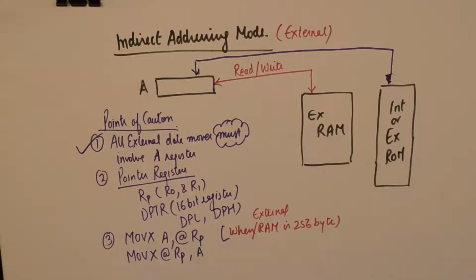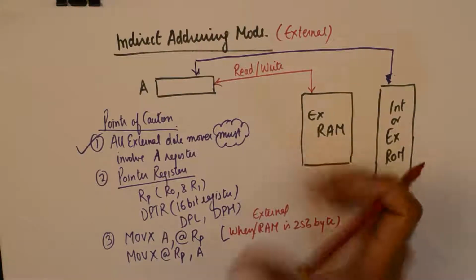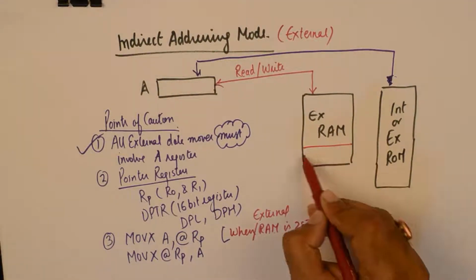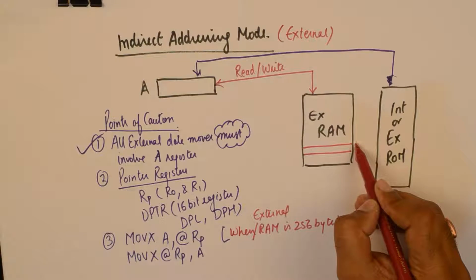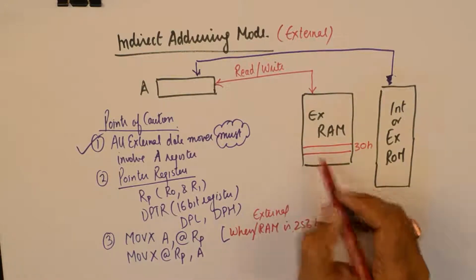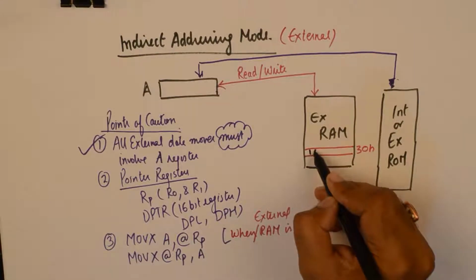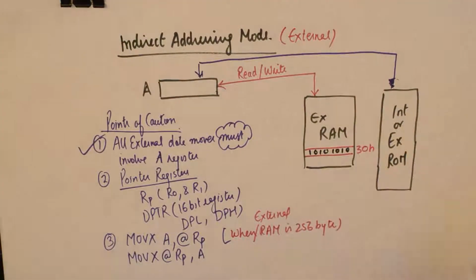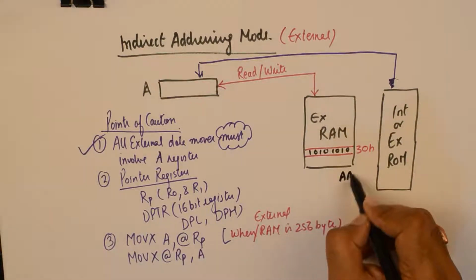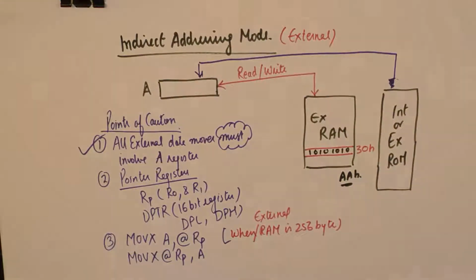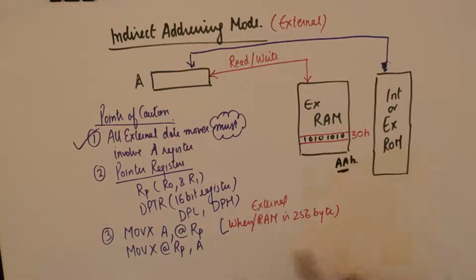Now, one example is if we wish to send the data to, let us say, 30H register, and the data that we want to send is 10101010, which is AAH,